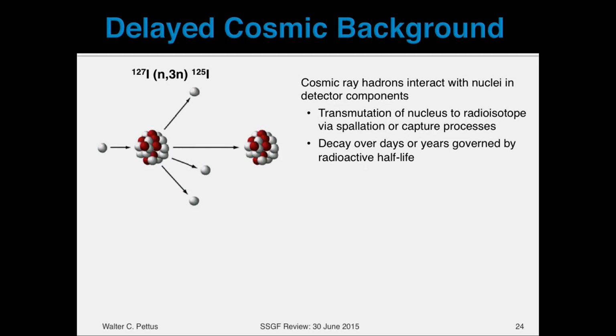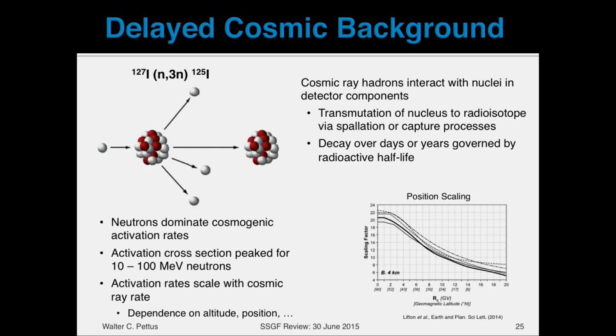So in this case, I-125 is radioactive. It's got a 60-day half-life. And then all of a sudden, all of your care in building your detector out of radiopure materials is kind of for naught because you've created radioactive backgrounds in your detector after you built it. So that's annoying. And then so this is sort of a few neutron emission. You can also have much harder impacts where you blow out more nucleons and end up further from your starting nucleus. So the things that you have to think about when you're considering cosmogenic activation, first of all,